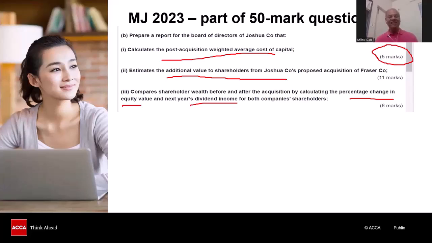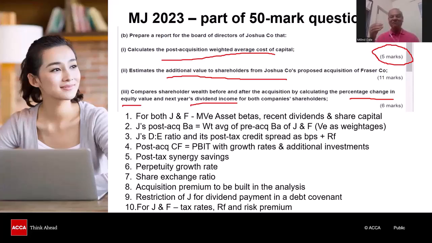What do I do? Again, I list down the financial information that is given to me, which I have to make use of for addressing these requirements. So for calculation of weighted average cost of capital, I require the market value of equity for both the companies, the asset betas, recent dividends, share capital,